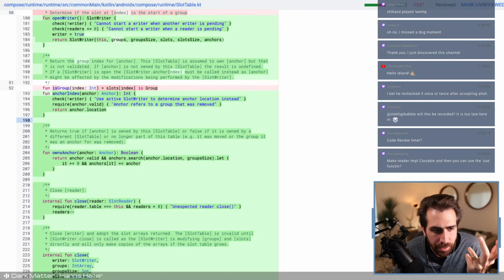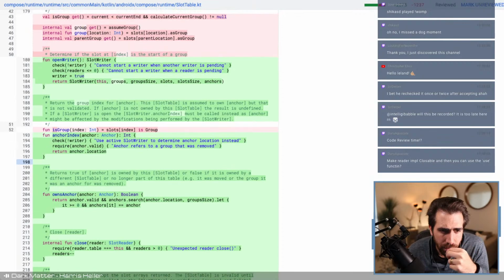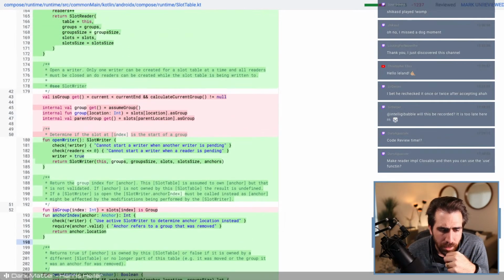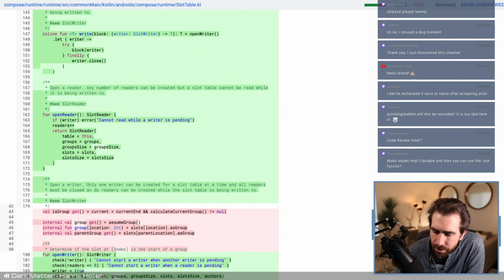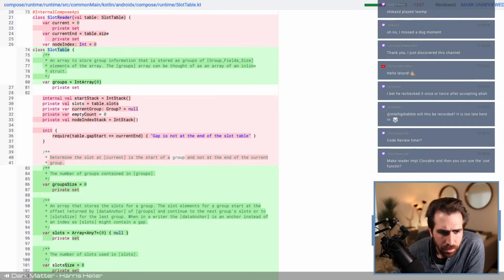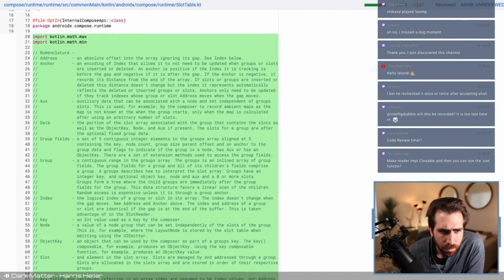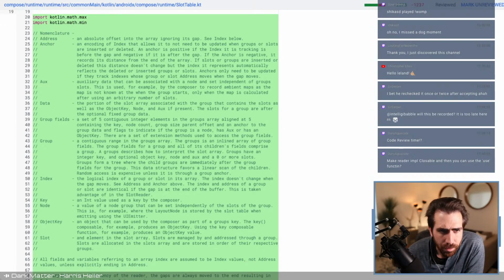This is how you get the index. I guess, is an index always, or is an anchor always pointing to the slots array or the groups array? Well, that makes sense. So an anchor,